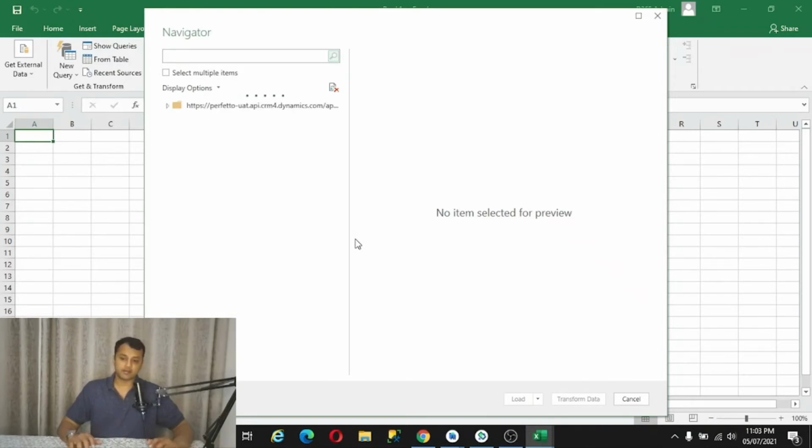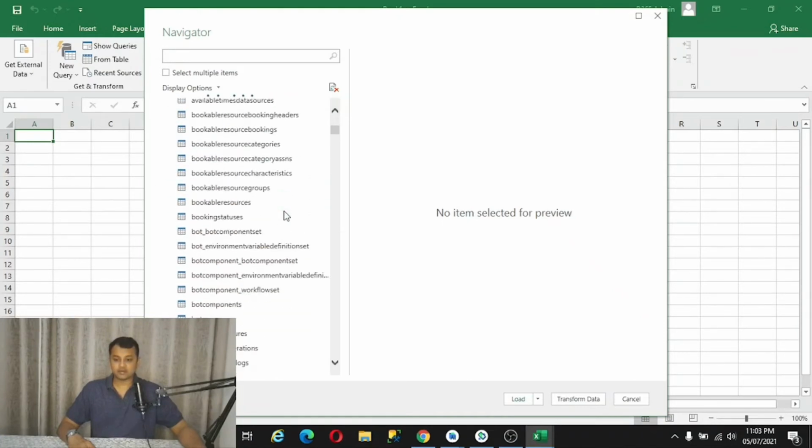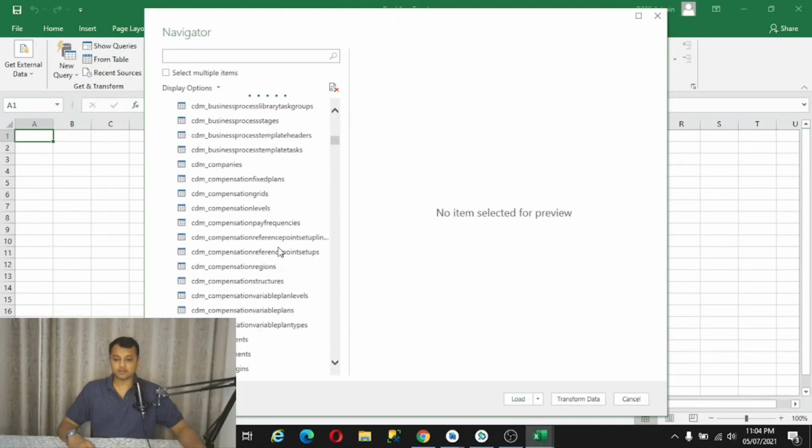Let's wait till it shows us all the available data entities. Here you can see these are all the options available for me.